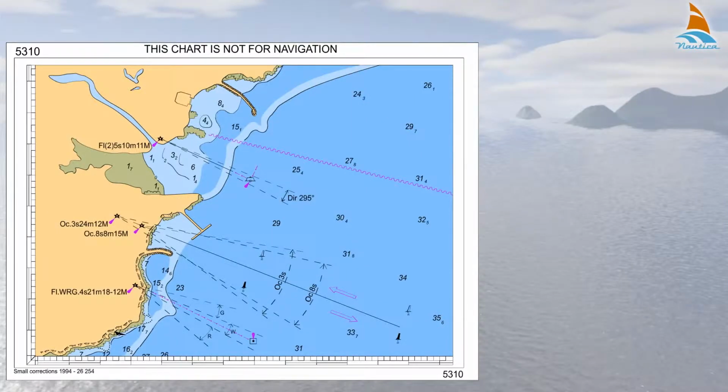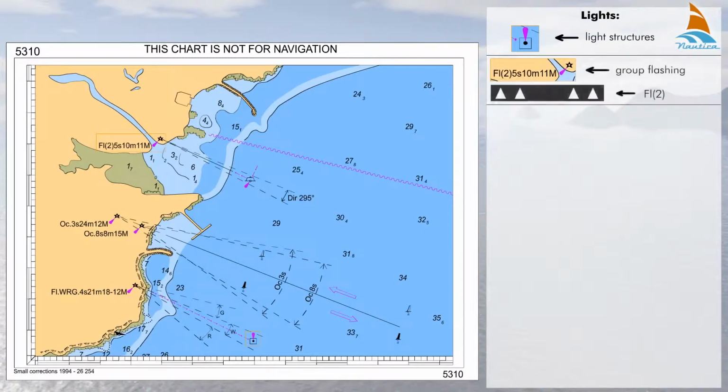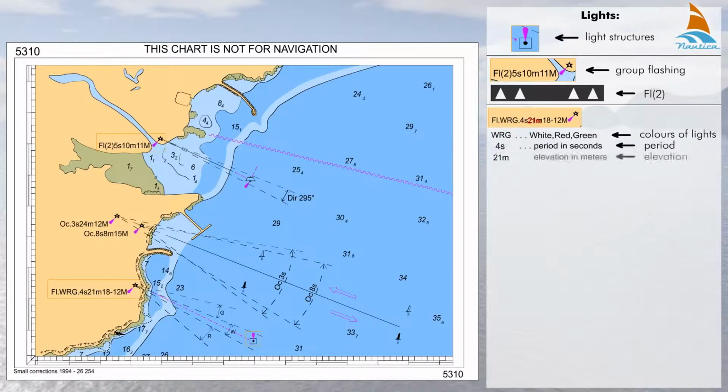On the nautical chart you'll also see lights including light structures, major floating lights, light characters, color of lights, period, elevation, range, disposition,